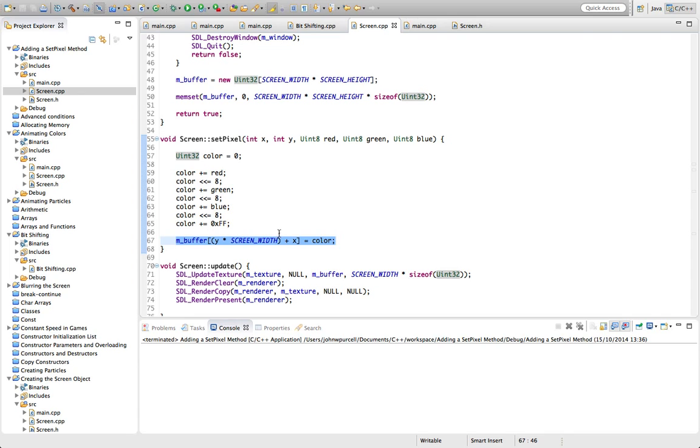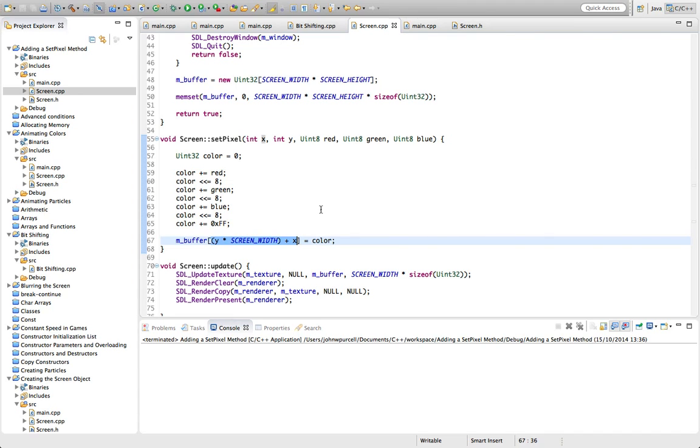So to get the right pixel, we have to multiply y by the screen width, because we have to say we want to go 10 rows down, then we've got 10 rows there of pixels, and each row has the screen width. So if we multiply this by the y value, we'll go down to the right row. We then add x, which is like the column value. So once we've gone down to the right row, we have to move to the right by whatever x is,